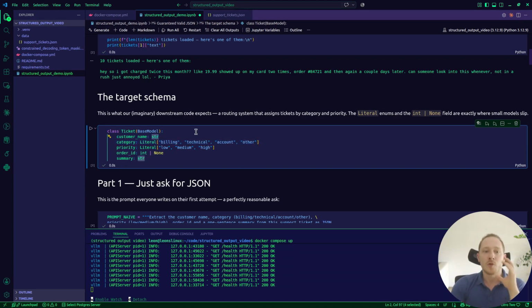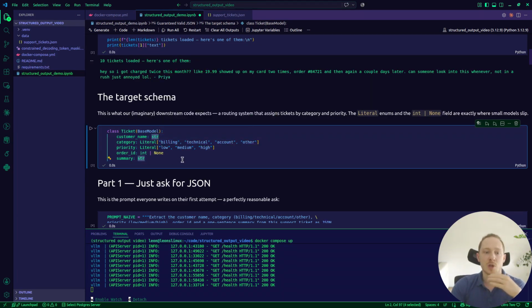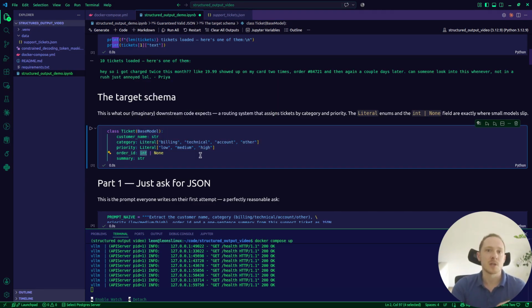generate it perfectly. Of course, one thing you have to keep in mind: hallucination. This literal definition where it can only pick between these 4 words works also against hallucination, but the customer name and the summary field, which are custom strings, and also the order ID, which can be a custom integer, we're validating only whether it's an integer, but the actual value can still be incorrect. So you still want to check against hallucinations, but the structure with the parse endpoint, with the constraint decoding, will be 100% correct. If you encounter any failure, you build a retry mechanism, and basically